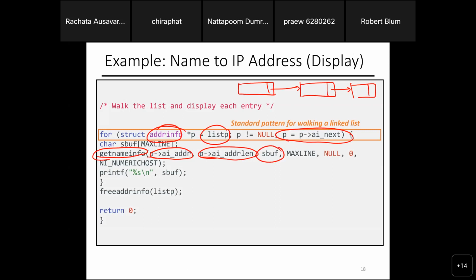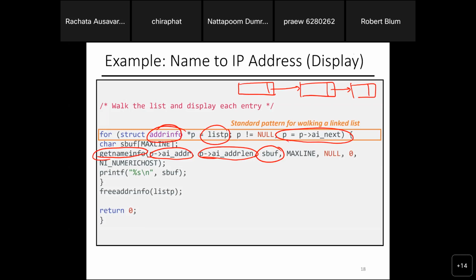Sbuf is just an empty temp buffer that I want to use to print my output. I use a function called getnameinfo to get this. This is the address, this is the length of my address. Give me that line. The code would then print out, and then you free the address info.